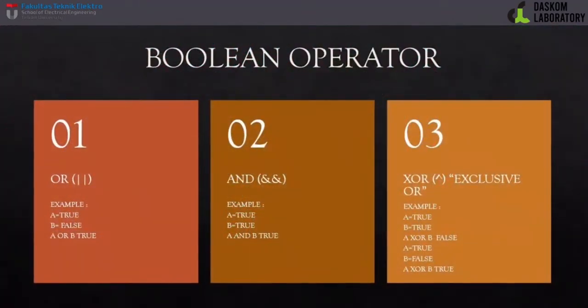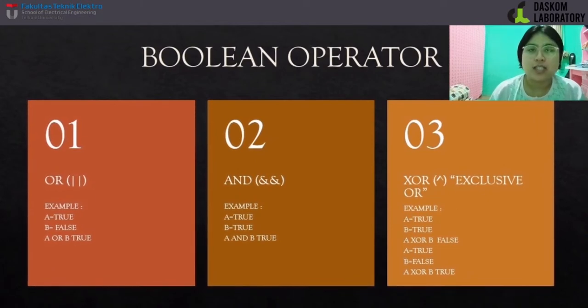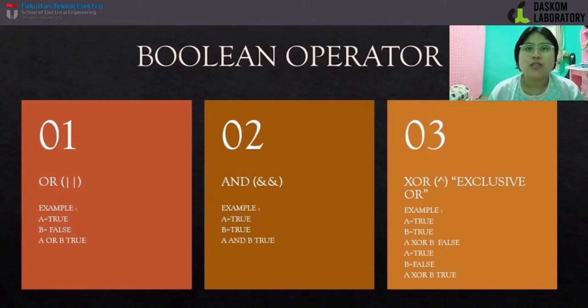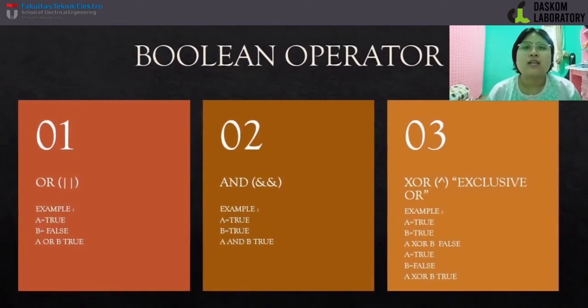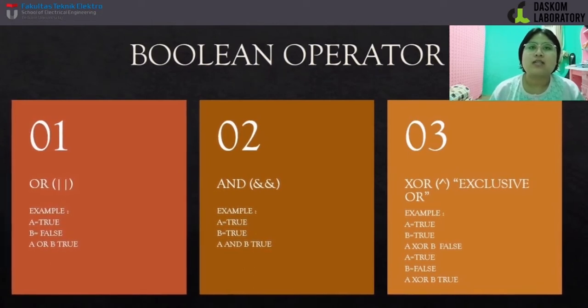So now I will tell you about branching for module 3, but before that I will tell you about Boolean operation first. Okay, Boolean operation is a logical operation that will produce true or false. So on your screen there is a Boolean operator example. In this example,